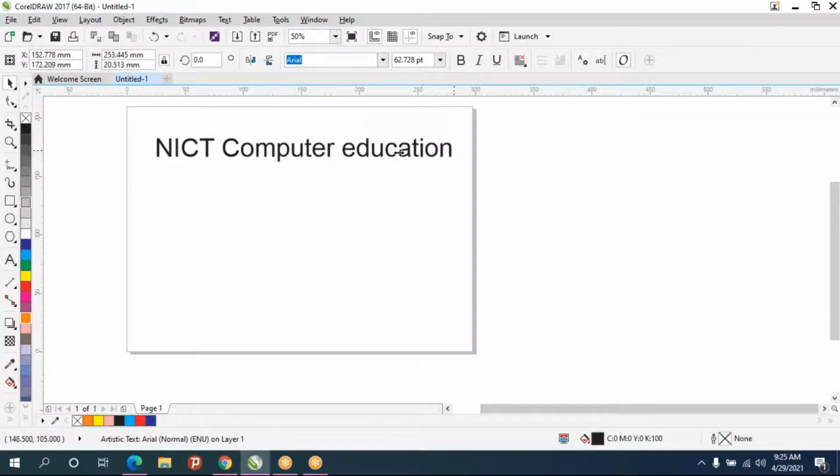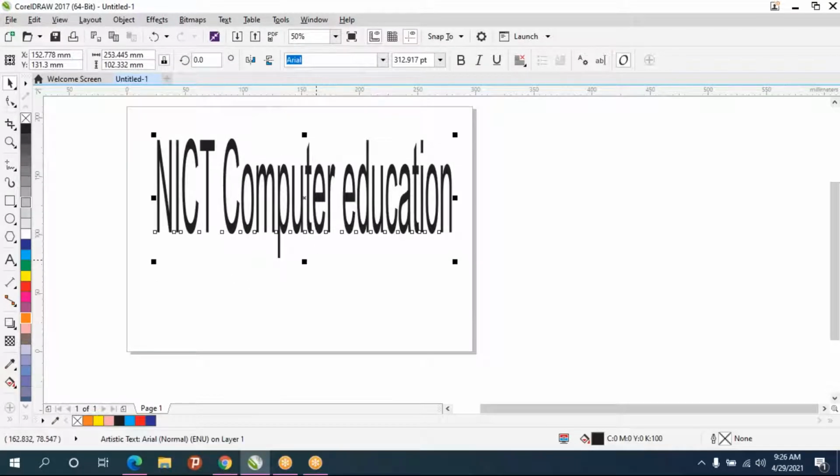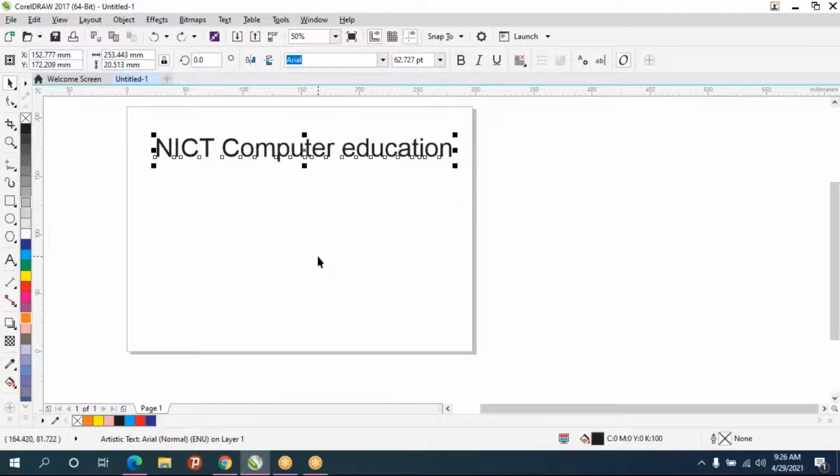So don't adjust from the sidewise, or the text shape will change. See, don't do like this and all. Always maintain the text ratio, otherwise it won't look good.